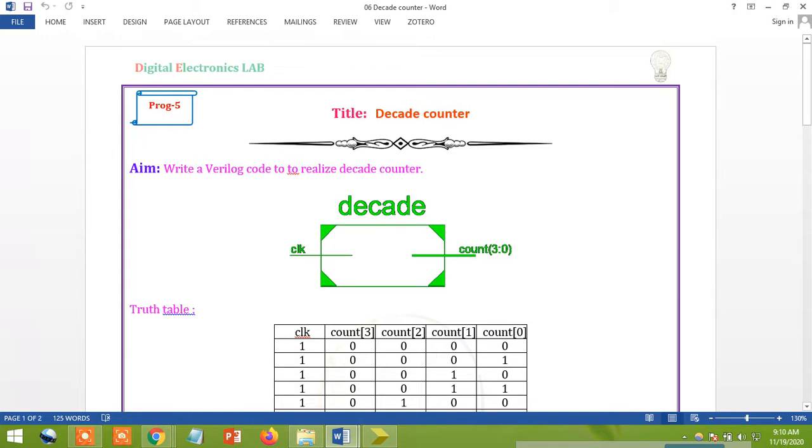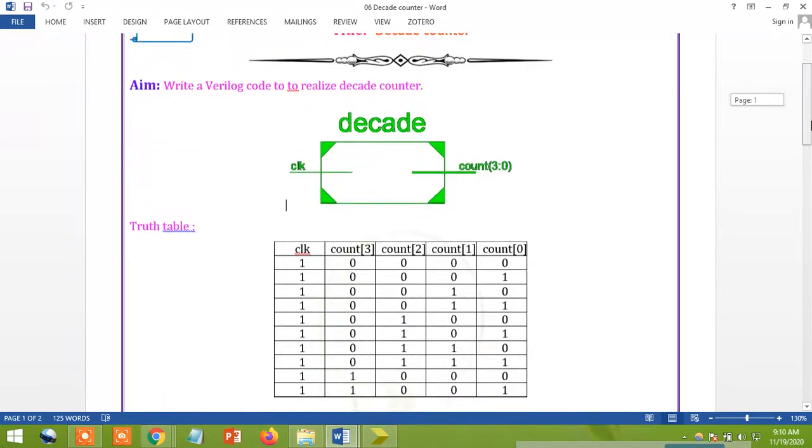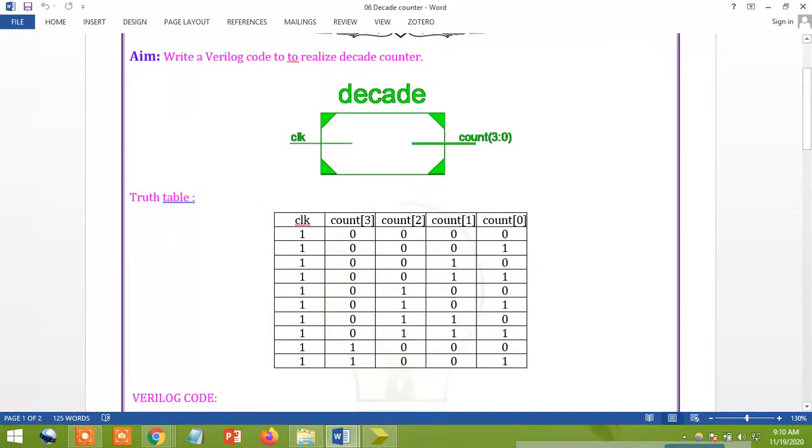And the second thing, I already told that if I'm going to use a decade counter, I'm going to take only one input, a clock, and count I'm going to take here. I'm not going to take reset or anything here. If you want, you can take. How it is working, it's very simple. Initially I'm going to take the count value here; it is 3 bits or 4 bits. We need to decide how many bits we need to take here.